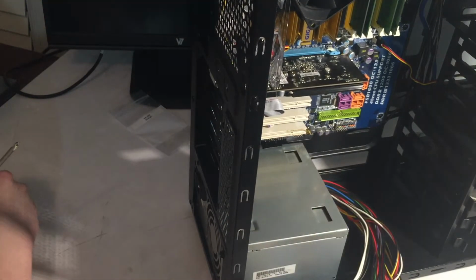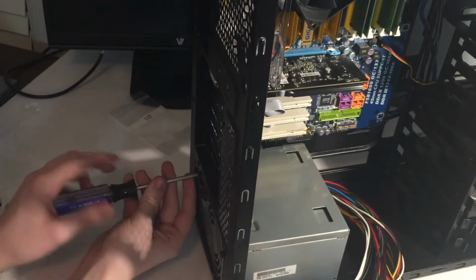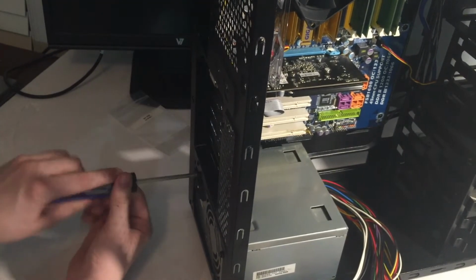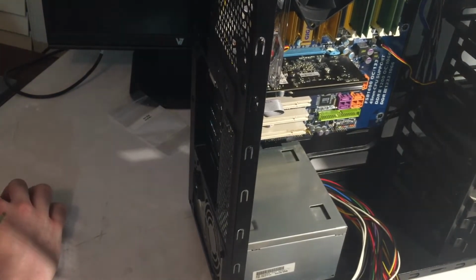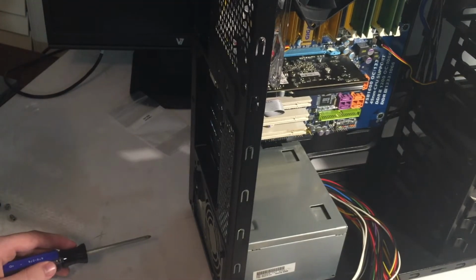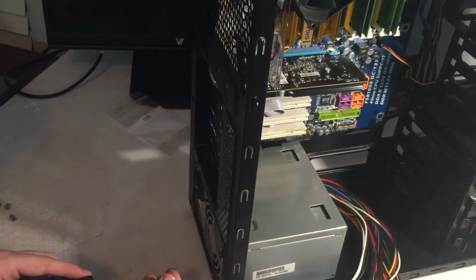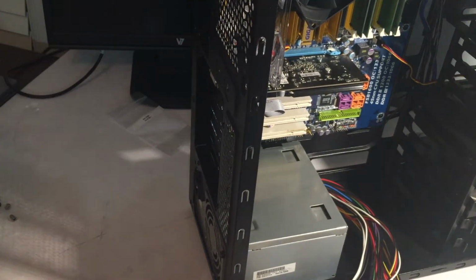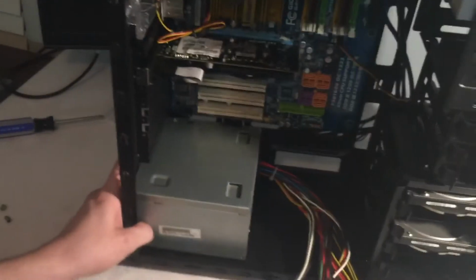So it's one of these generic power supplies like we talked about in the last video. I can only install it with 3 screws because I believe either the case is bent or something or other doesn't line up for the last screw. So it's kind of unfortunate, but it's not really gonna make any difference. So you guys can just barely see me installing it. So go ahead and